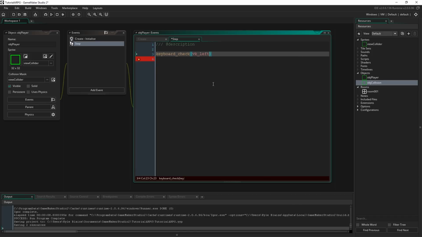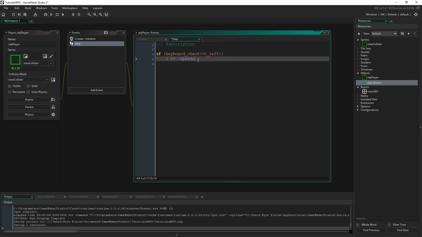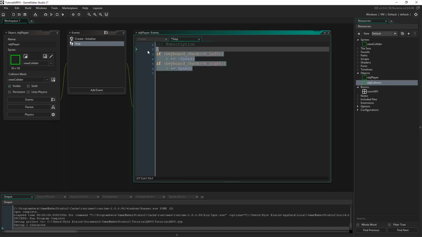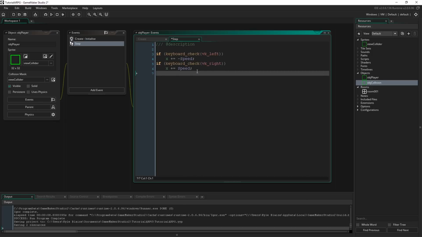VK left. This is something very common, right? If keyboard check VK left, oh my gosh, x plus equals negative speed. And let me just copy this for the sake of saving time. VK, instead of left, we're going to go right. And we will do that. And then we'll copy this. And then we'll go